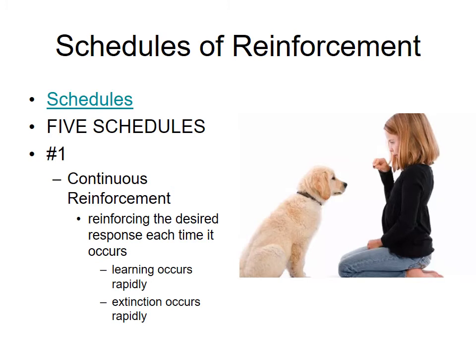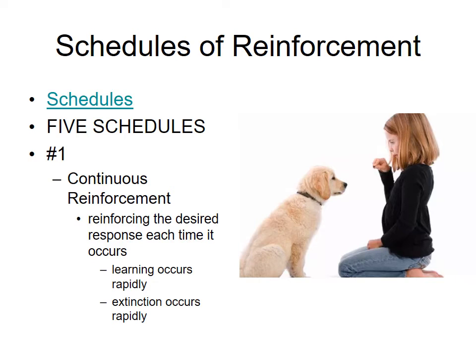In reinforcing behaviors, there's 5 different ways that you can reinforce a behavior, and each different way of reinforcement comes with its own benefits and its own drawbacks. The first schedule of reinforcement is what we're going to call continuous reinforcement. If you have a chance, click on the video. It'll take you to Skinner and how he explained it, but if not, just kind of follow through. If you were training your puppy and every time your puppy sat, you gave it a food treat, what you're going to find is that the puppy will learn to sit rather quickly.